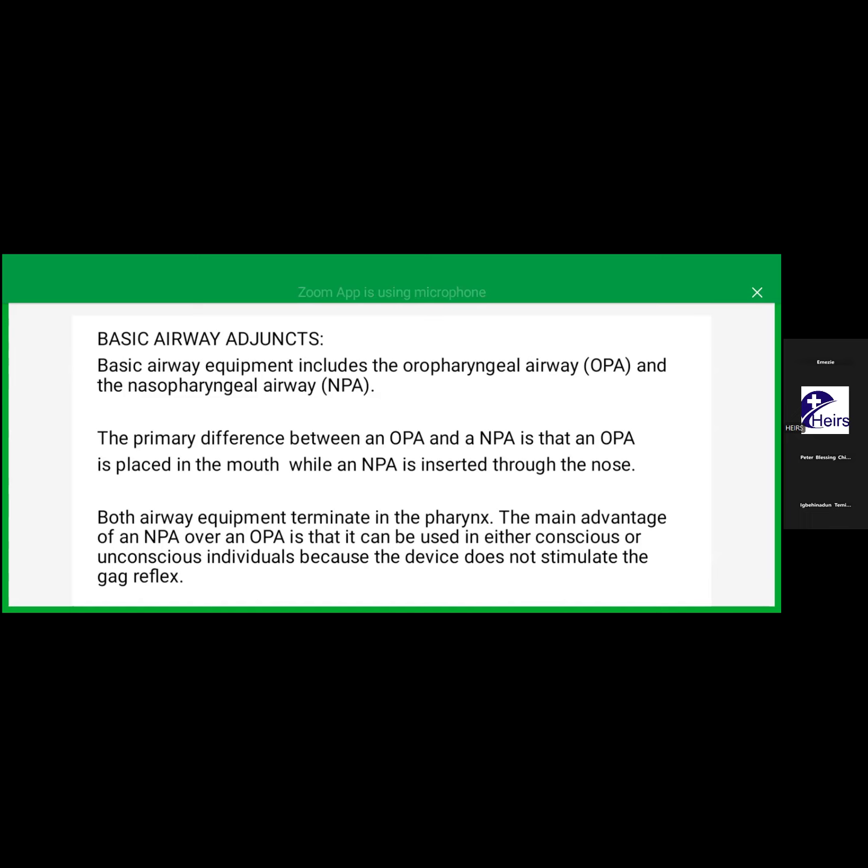As of yesterday, we said there are two basic airway adjuncts. We have the oropharyngeal airway and we have the nasopharyngeal airway. We showed the picture of both of them, and we established the difference between the oropharyngeal airway and the nasopharyngeal airway. We said that the oropharyngeal airway is for a patient who is not conscious,